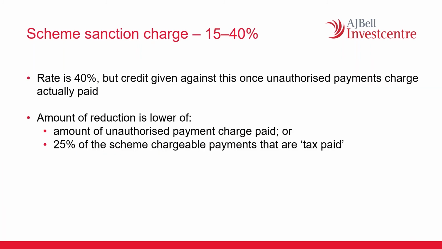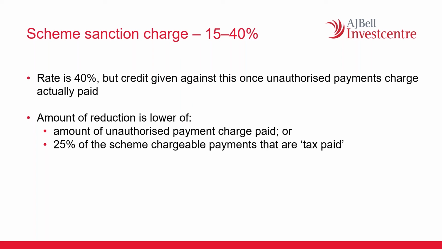Finally, we have the scheme sanction charge. Now, the standard rate of the scheme sanction charge is 40%. This is payable by the scheme administrator. So the scheme administrator is liable for this charge rather than the member or sponsoring employer. But most scheme rules will allow the scheme administrator to take that charge out of the member's pension fund. So normally, it would come out of the SIPP. So it's a 40% charge,